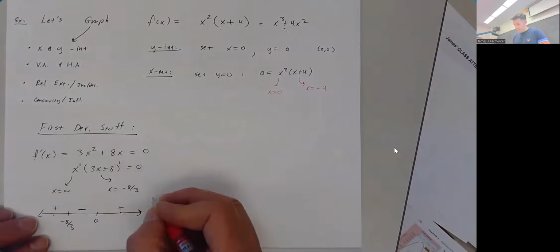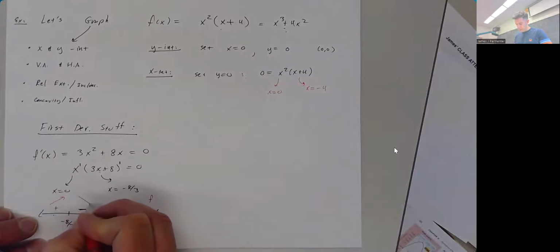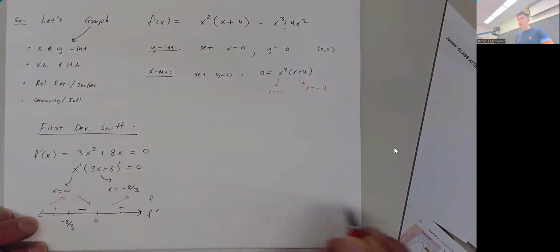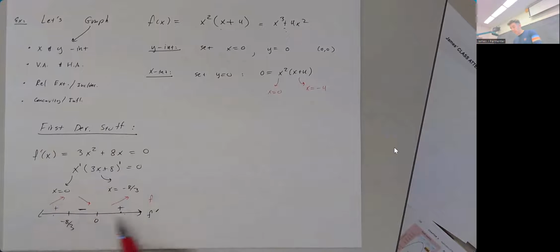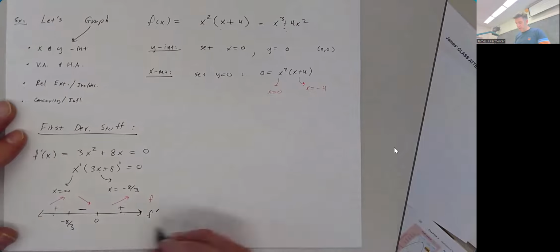Which means our function in this interval is increasing, in this interval is decreasing, in this interval is increasing. And this right there, the stuff I just drew in red, is probably the most useful thing we've got. It's going to show you the shape of the function. It's going to do this, and then that, and then this. I know it's harder to see at home, but we should write down that we have a